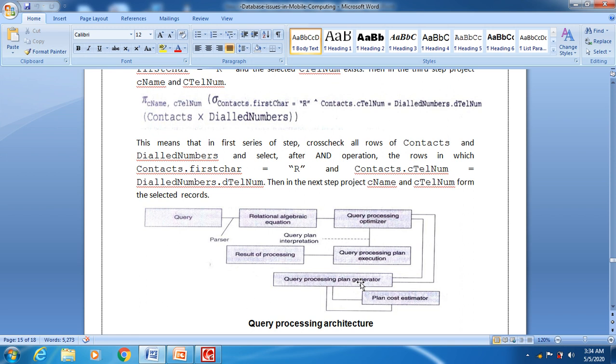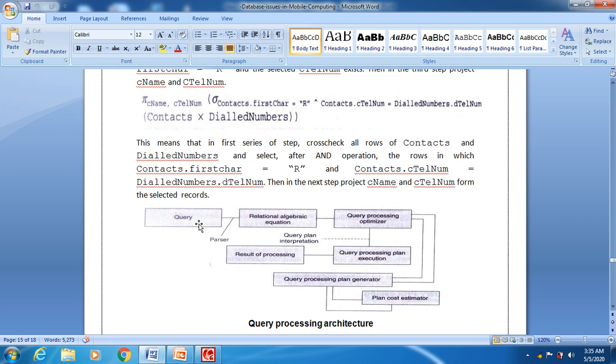After generating the plan we have to estimate the cost, whether it is high or low. At last we do the plan execution. If everything is satisfied, once the plan is generated and the plan cost is low, then you can execute that plan. At last we get the result of that plan.